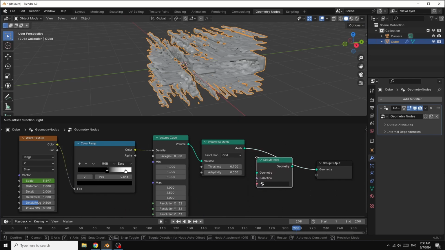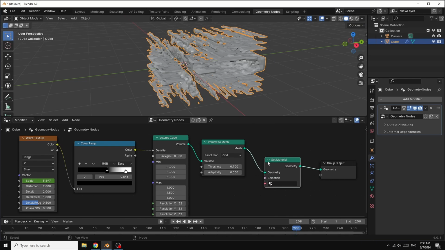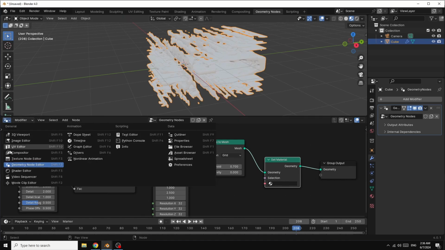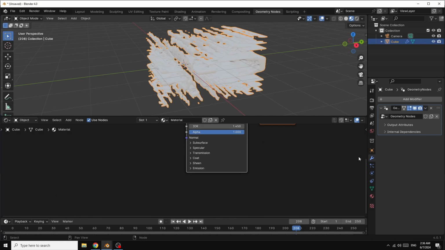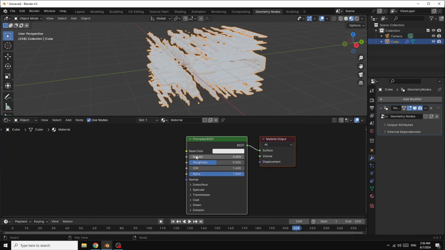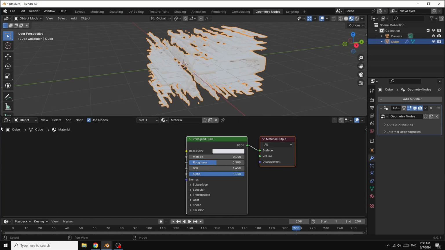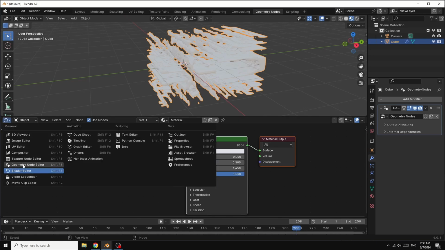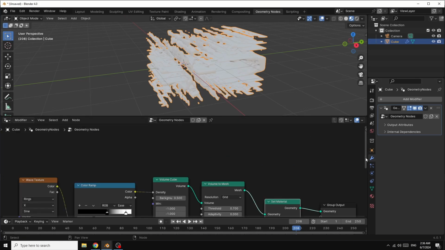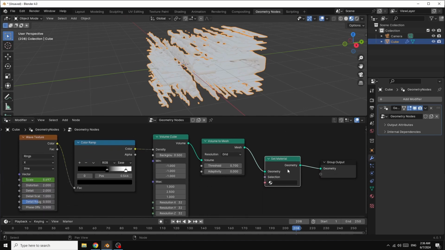We want to give it a material because when we go here, if I go here in shader editor, if I change the color, nothing is happening because we must assign the material in geometry nodes.